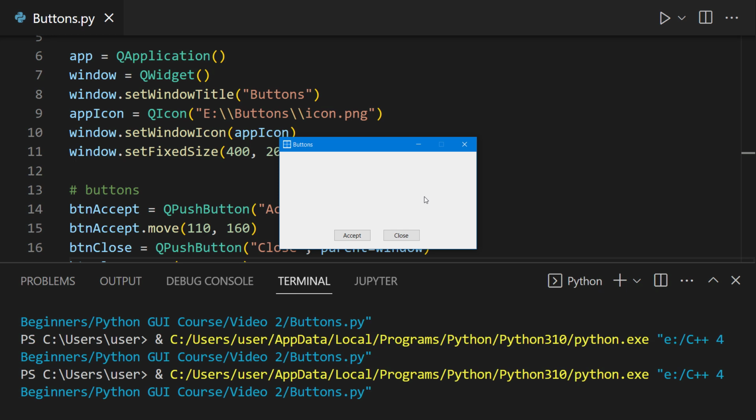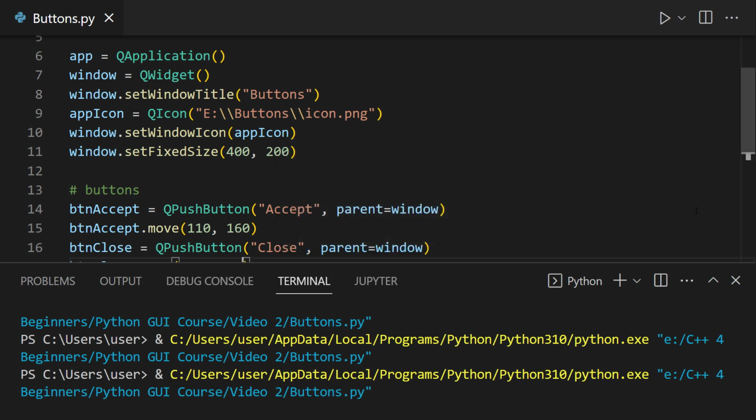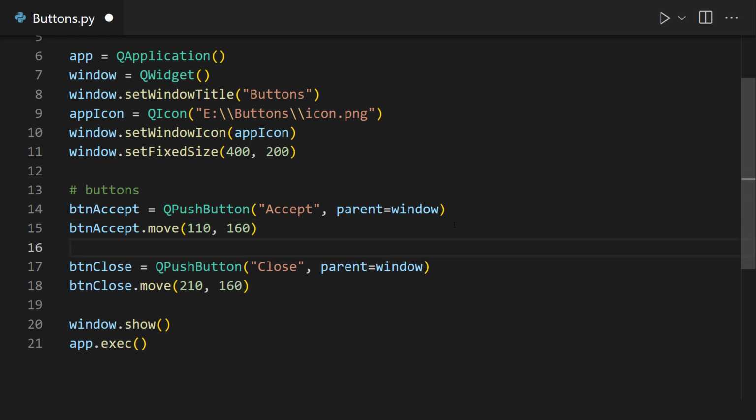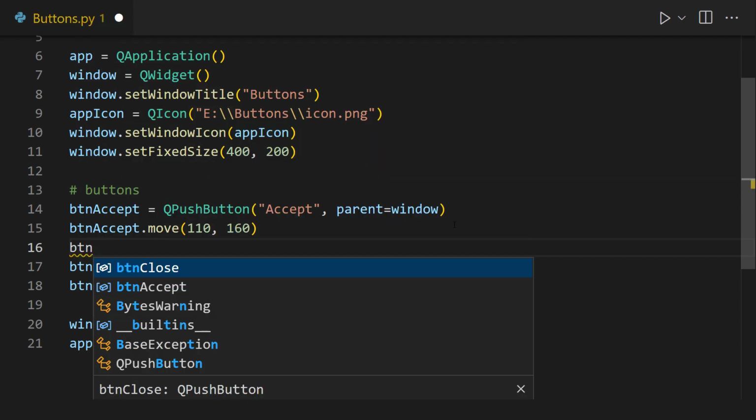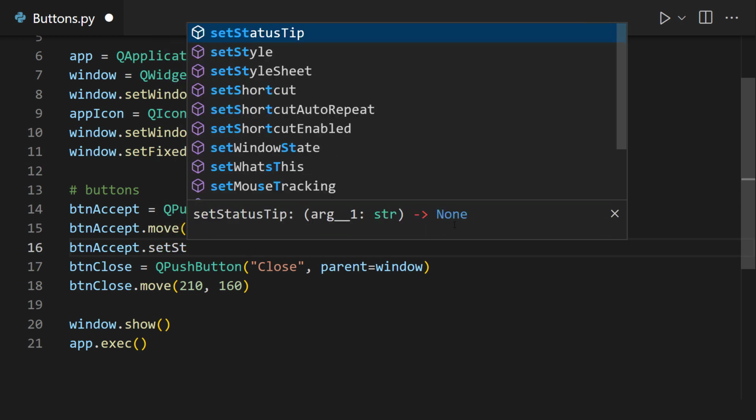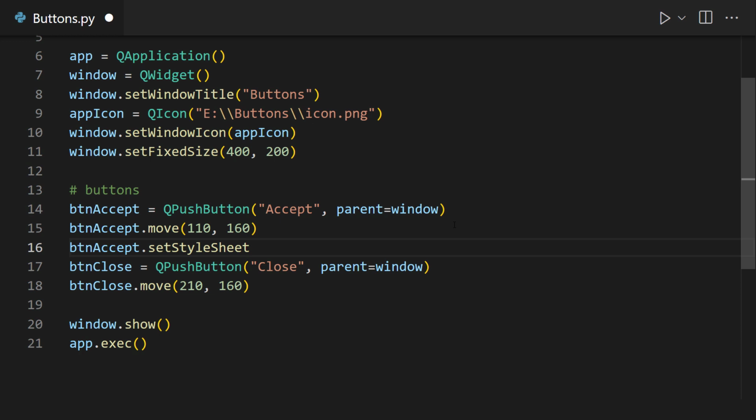Now, here's another thing I would like to add to these buttons, and that is changing the button colors. That's something I would like to work with. So how can we change our button color? Let me show you. We have a setStyleSheet method here. So I have an accept button. I would like to change its color. So dot setStyleSheet, and then you're going to write